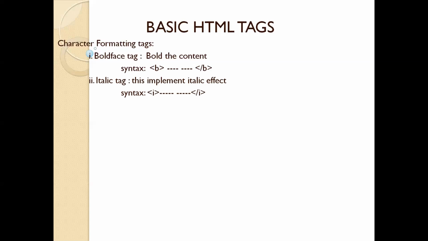When I say paragraph, it is represented by P. When I say bold, it is represented by B. When I say italic, it is represented by I. So remembering these simple tags is not an issue. We can easily remember all these tags because each and every tag name will be the starting character of our property, right?